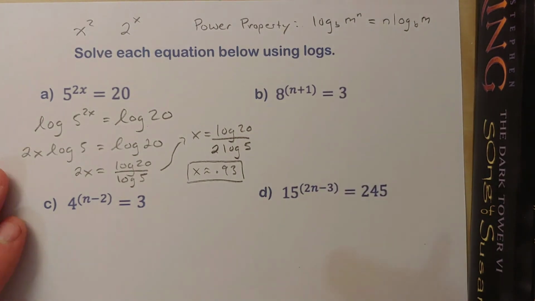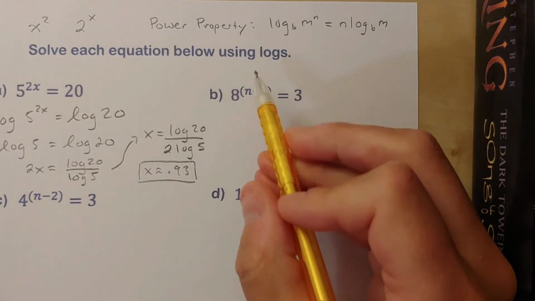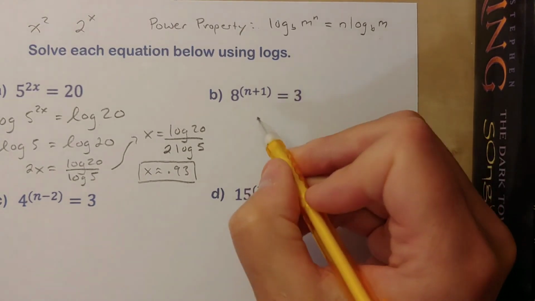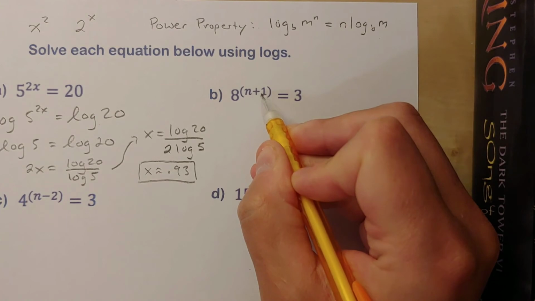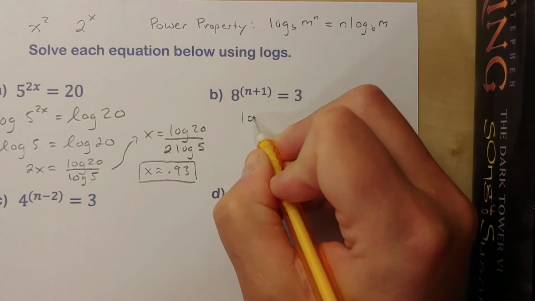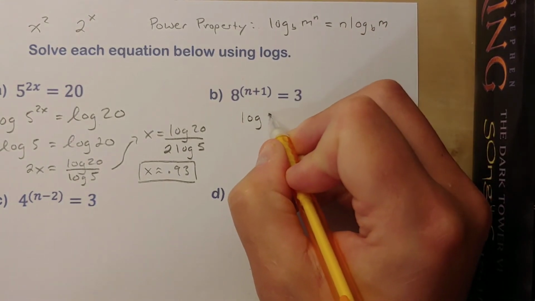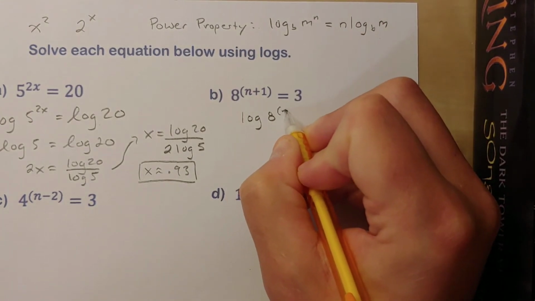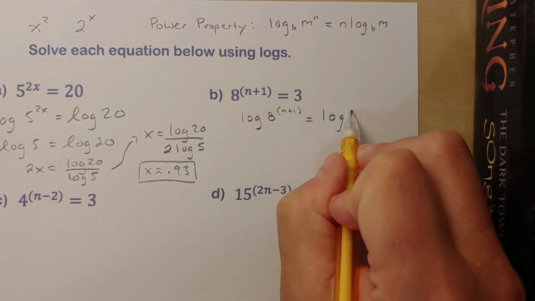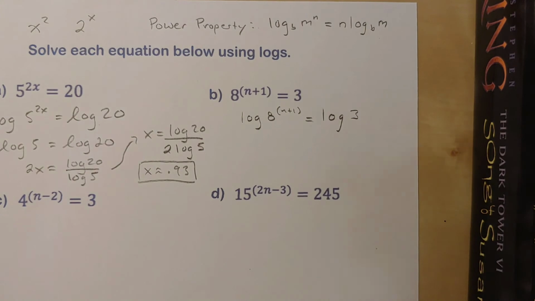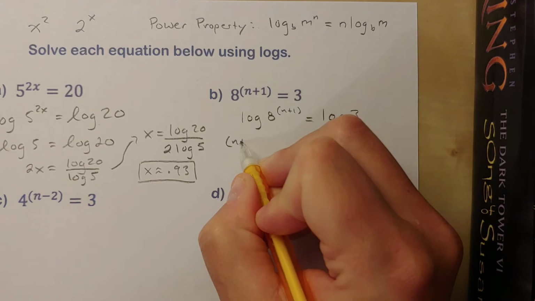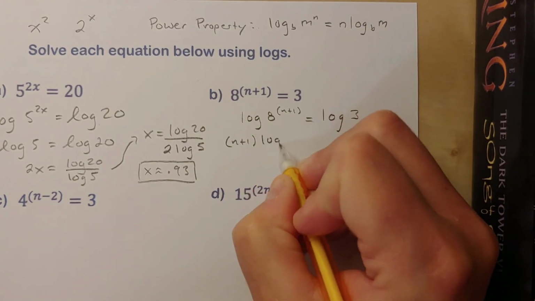Let's try another. 8 to the power of n plus 1 equals 3. Let's get that variable out of the exponent. We're going to do that by taking the log of both sides. So we'll do log of 8 to the power of n plus 1 equals log 3. Now, using the power property, I'm going to pull that exponent down, and I get n plus 1